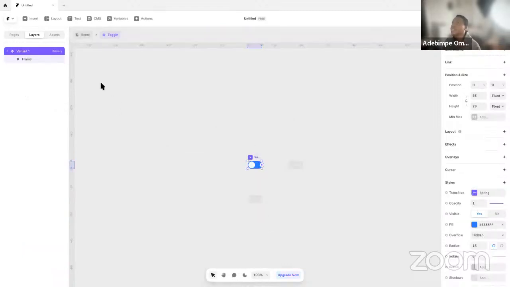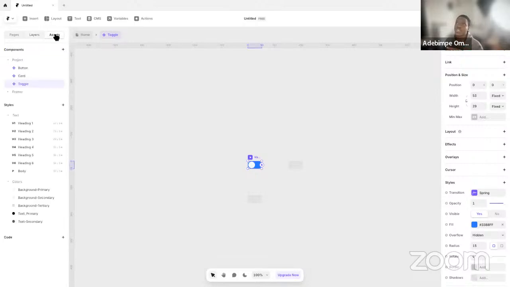Now, if you want to see all your components, you can come over to assets and see all your components here. You can even stack them in folders. Let's say I want to stack these two elements in folders. I can click on these three dots, click on rename, and whatever name you want to give the folder is what you put in front, followed by a